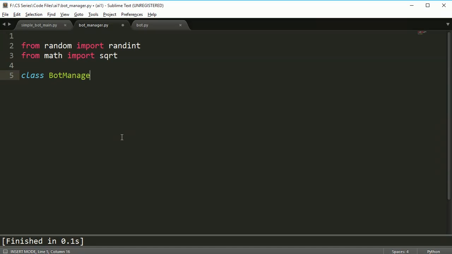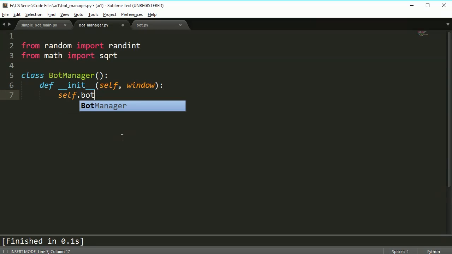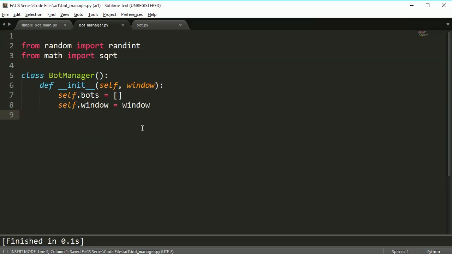And bot manager, and define init, my constructor here, and the constructor is going to take a window, and self.bots. This will store all of our bots, and this will store our window,